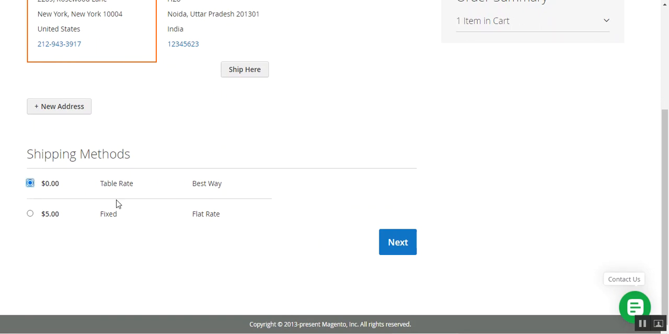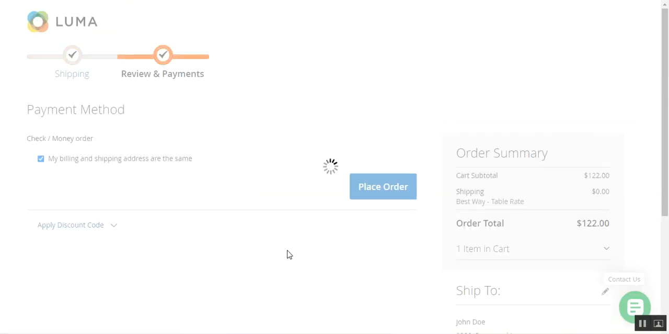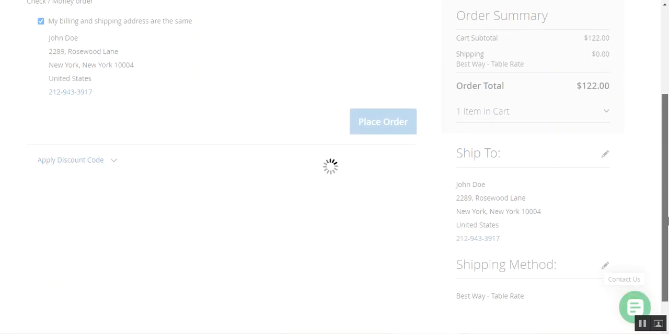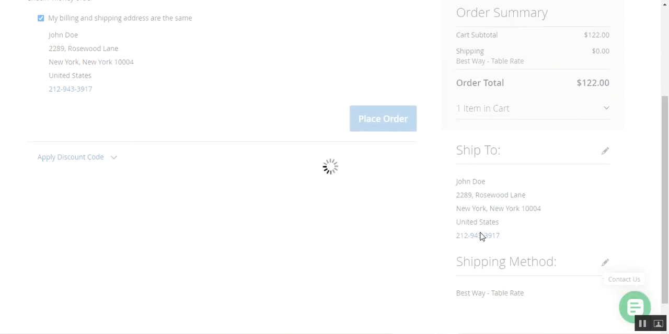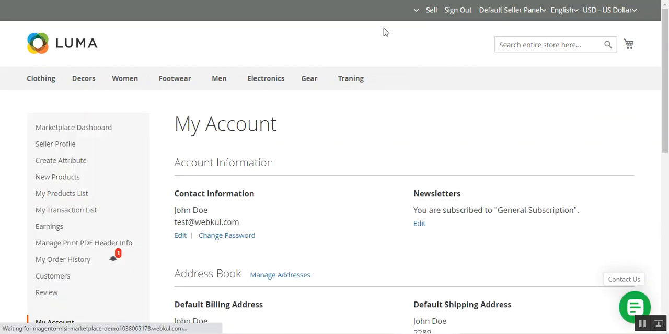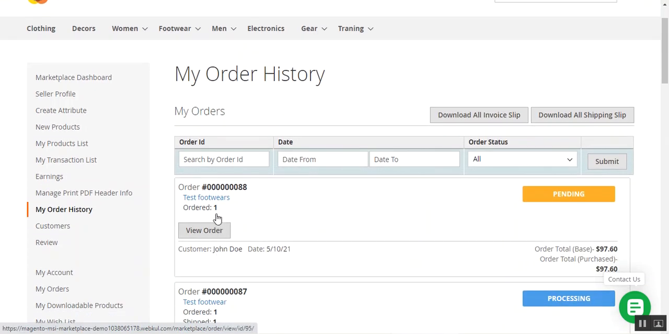I'll choose my shipping next, and here I'll be choosing my payment method, placing the order. Here's the ship to location, that's United States. Alright, the order has been placed. Now if I go to my account section for the vendor, here's my order history. I go to my order history, and here is the test footwears. Let's view the order,